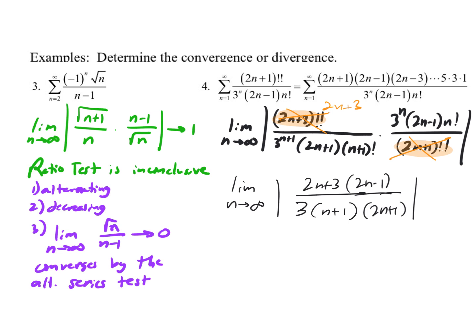What do we know about the degree of the top compared to the degree of the bottom, generally speaking? What is the degree of the top? 2, right? I'm going to get an n squared out of here somewhere. What about the bottom? 2. Yeah, it's also degree 2. It's both n squared. So here's what's important: when you take the limit approaching infinity, and this is where having an AB background helps, since the degree on the top and the bottom are the same, I just need to worry about the leading coefficients. And so when I go ahead and do that multiplication,